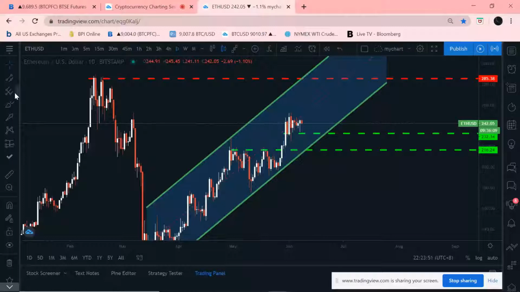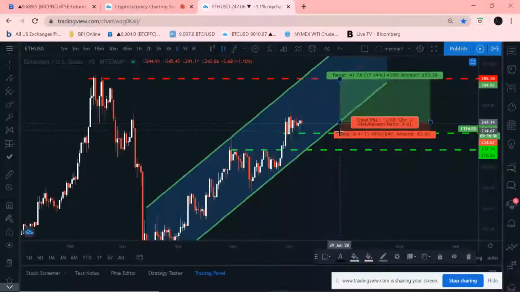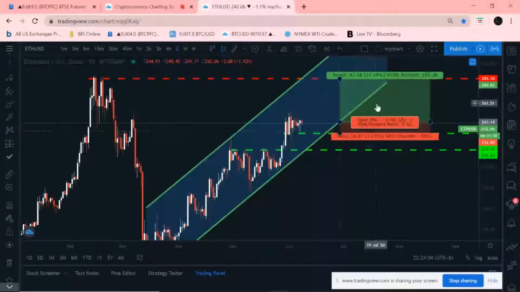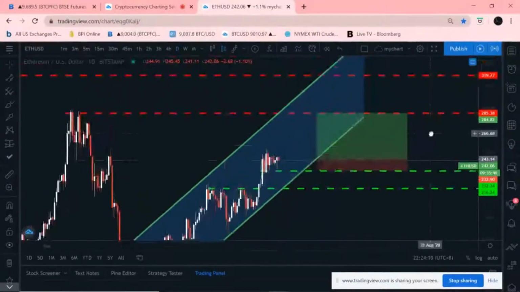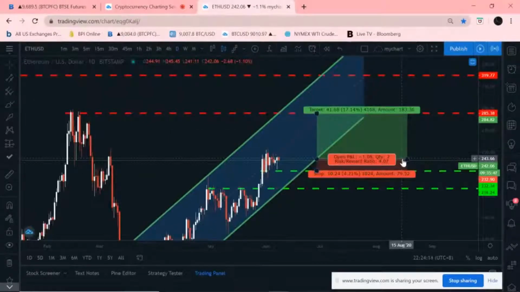Wait, let me check. Resistance 1 and of course the support 1. But you can also use the support 2 if you want. But of course, as much as possible, less risk and high reward or profit. So if it reaches our target of 285, possibly that's a risk reward ratio of 4.07 and the possible return